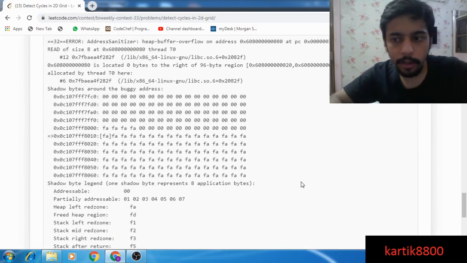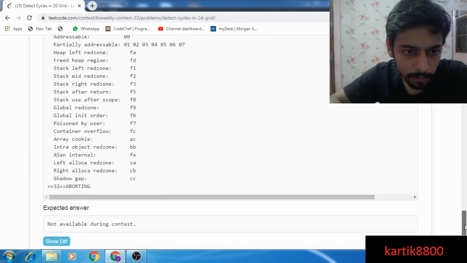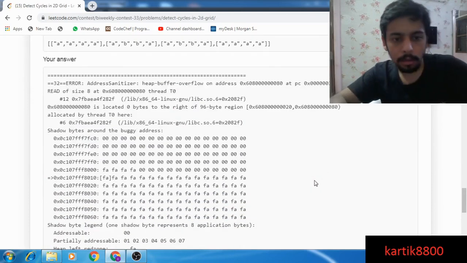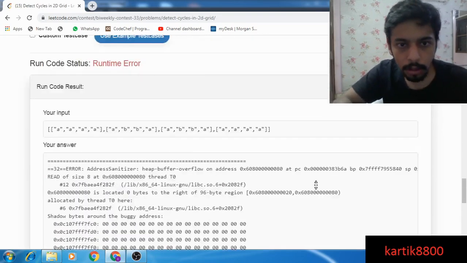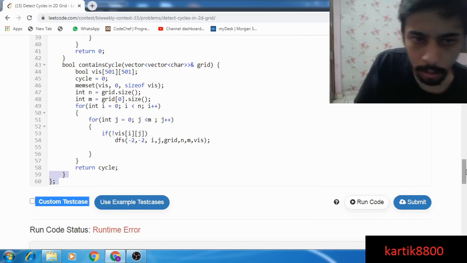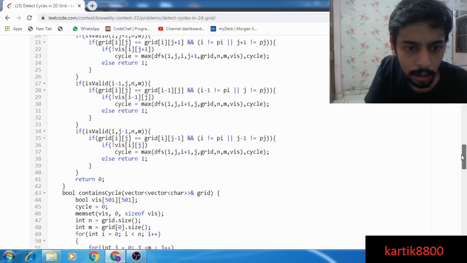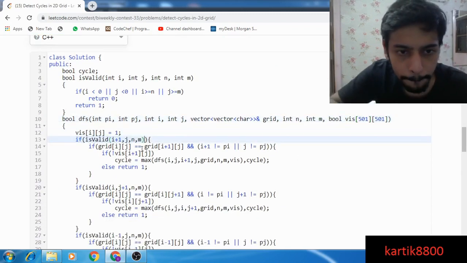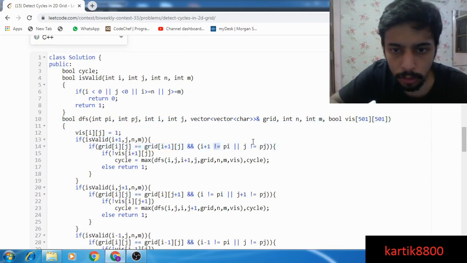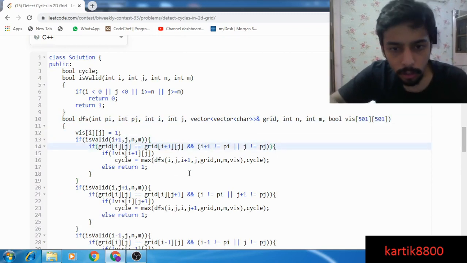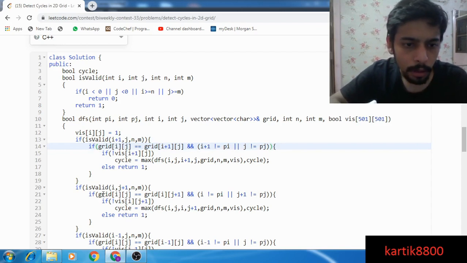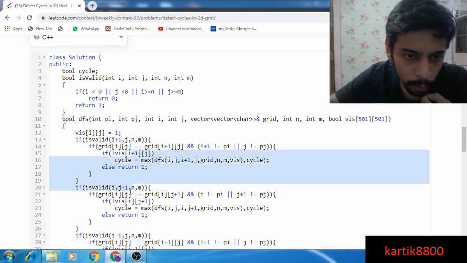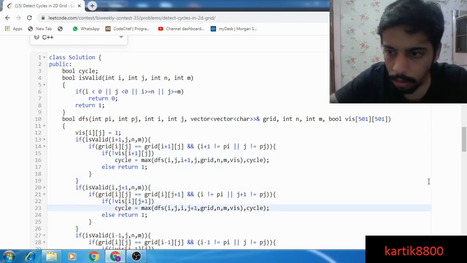Yeah, this is good. Now we're getting a runtime error. Runtime errors are nice. Address sanitizer. If only I understood all this. Let's see what could give me a runtime error. Bool viz, and I would start from here. This i not equal to pi, or this j not equal to pj. That's cool. This looks okay to me. I do check is valid everywhere, and I do access the right positions. Calls are correct.